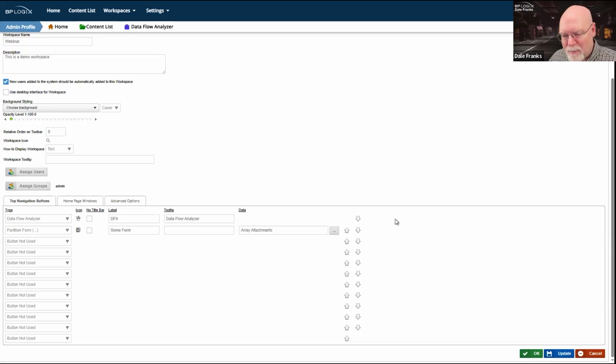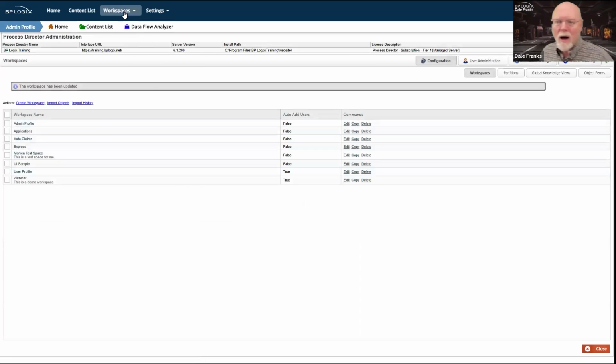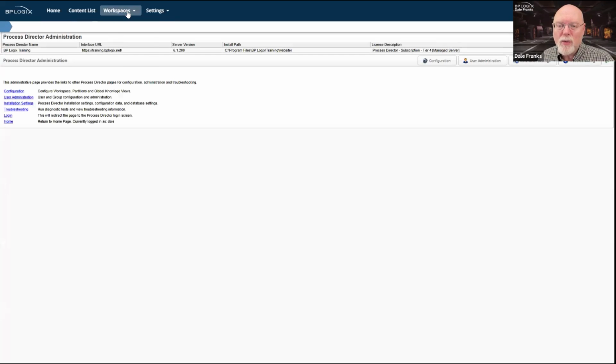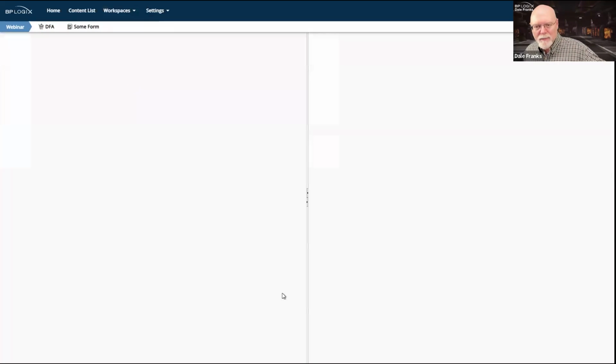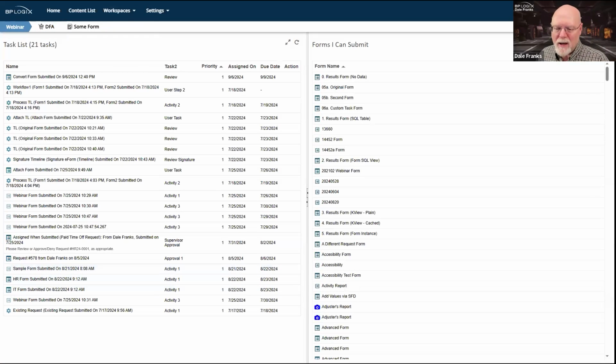It's not perhaps the workspace that I want, but it's good enough for now. So I'm just going to go ahead and hit OK. Now I should be assigned to the webinar workspace. It's not showing up here. So I'm just going to switch workspaces. I was hoping just switching workspaces would update me. There we go. I had to update the entire page. Now that I've updated the entire page, I have access to the webinar workspace. So when I click on that, I can see my webinar workspace.